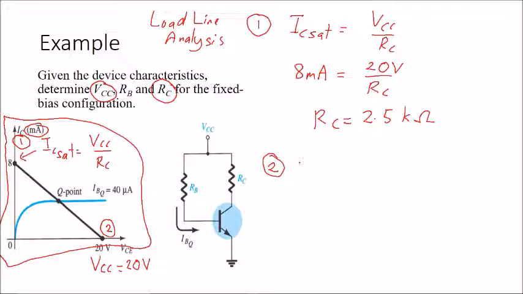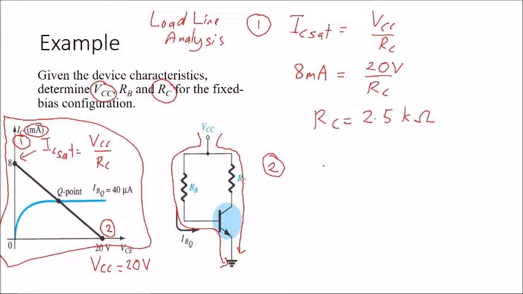For RB, you have to be very critical. You have the KVL on the BE loop or the CE loop. In this case, for RB, we are going to use the BE loop, because in the BE loop we have RB here. For the CE loop, there is no RB, so we can ignore the CE loop and just focus on the BE loop.